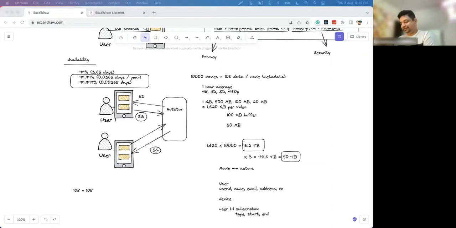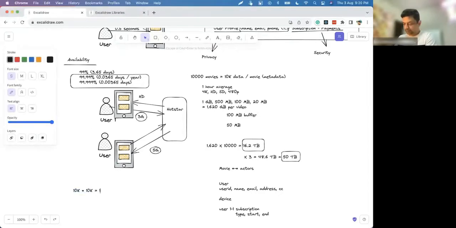How much storage do you need? 10K into 10K is how much? Very small number. Tell me in GBs, how many GBs is that? 10K into 10K, how much is it?